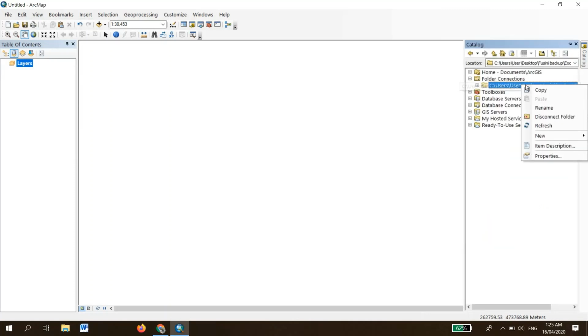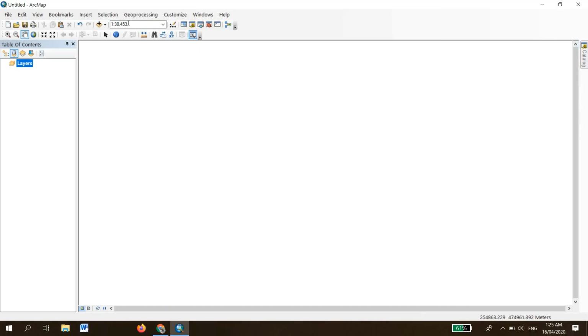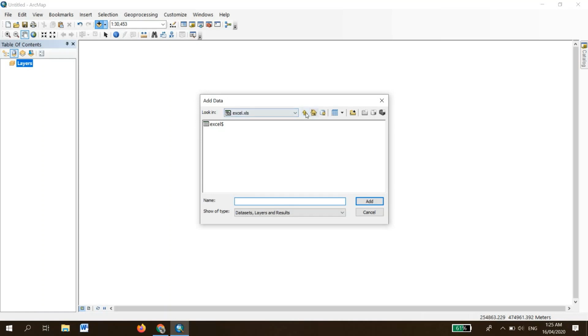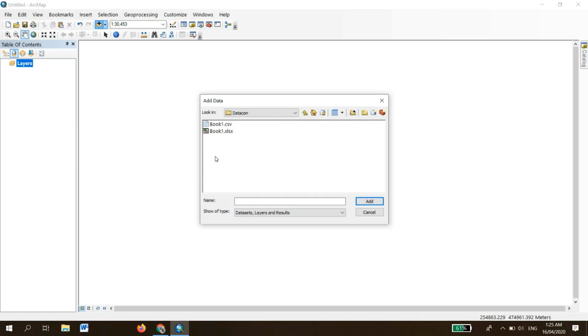You can right click on this and then you can connect. I've already connected the folder, so let me refresh it. Having refreshed it, now we move to our real work, that's add data. Click on add data, navigate to the area. Our folder is datacon, double click on it, and then